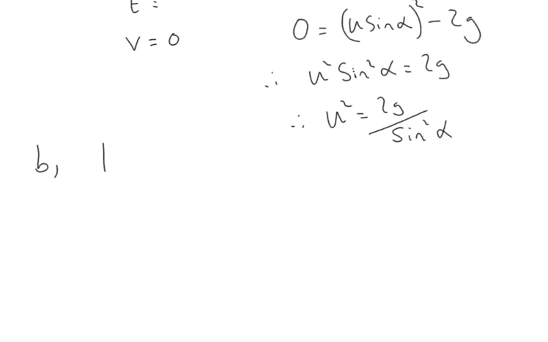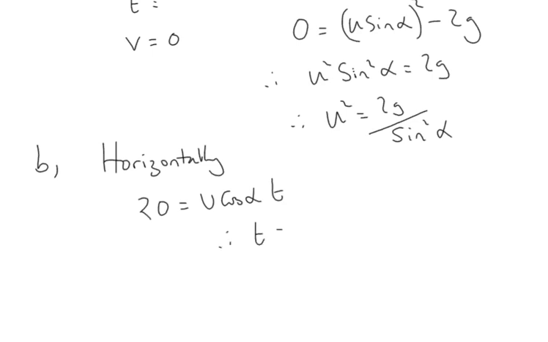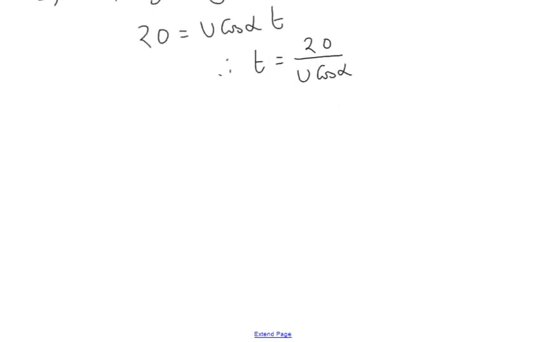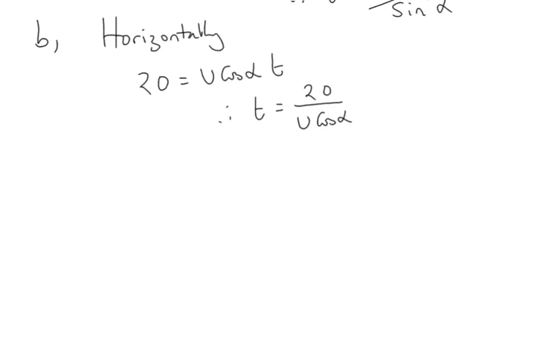Now, horizontally, for part B here, we know that 20, which is the horizontal distance travelled, is U cos alpha T. So, therefore, T is 20 divided by U cos alpha. Just rearranging that. Vertically, and it is important to say whether you're going horizontally or vertically. So vertically,